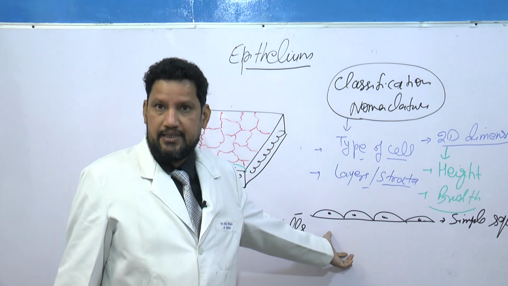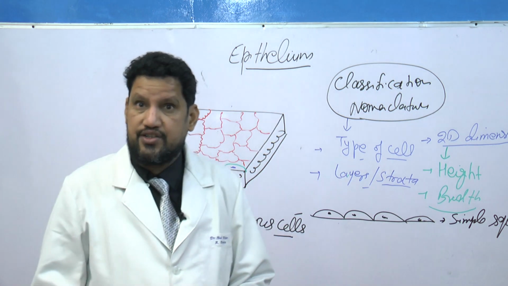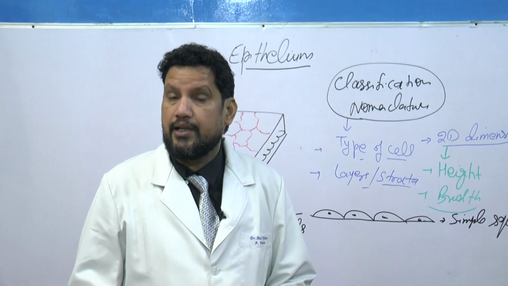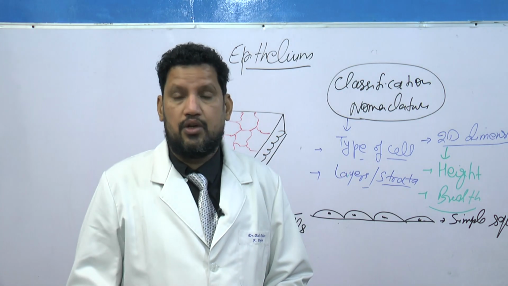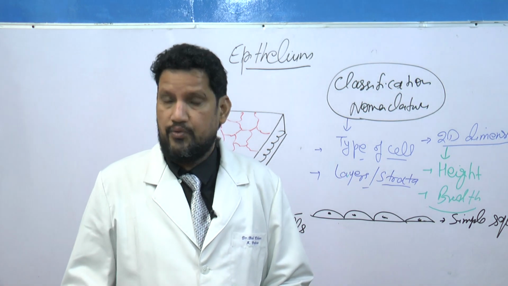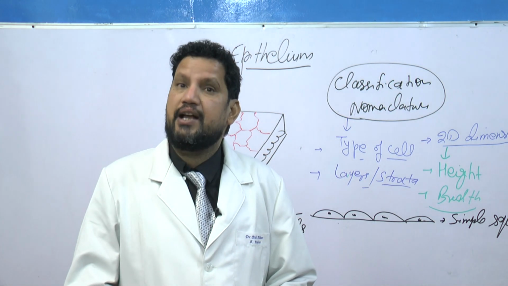This type of epithelium also forms the covering of the gastrointestinal tract, the heart and the lungs, where it is known as the mesothelium, forming the peritoneum, the pericardium